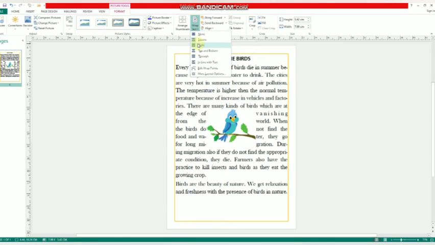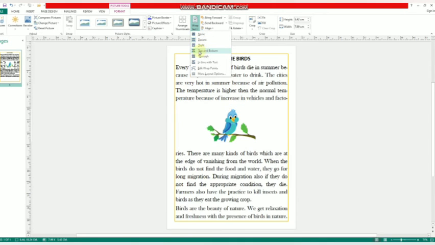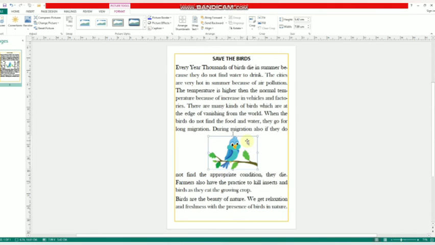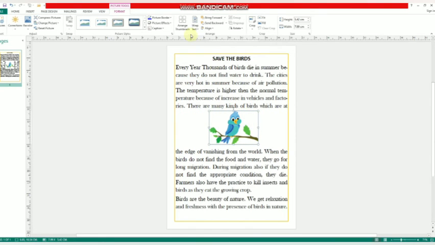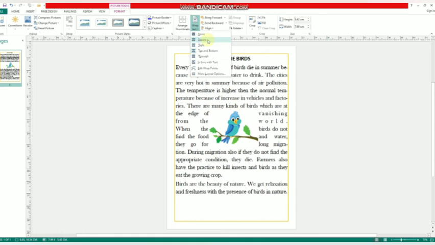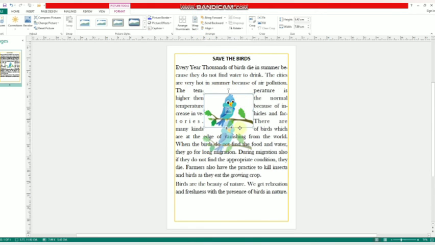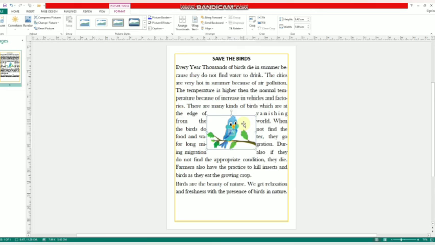You can see here, if I select Top and Bottom, the text is automatically adjusted on top and bottom. So, these are the many options here. Select the desired wrap option, and the text will adjust based on the option you have selected. So, always select the Square option. So you can see the picture within the text.